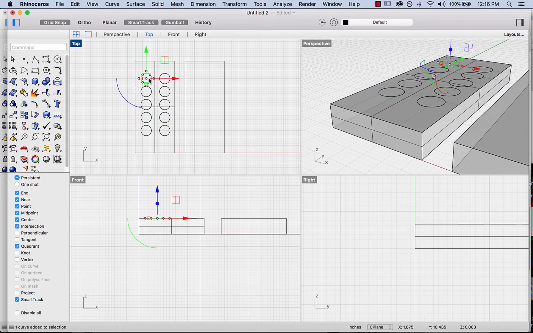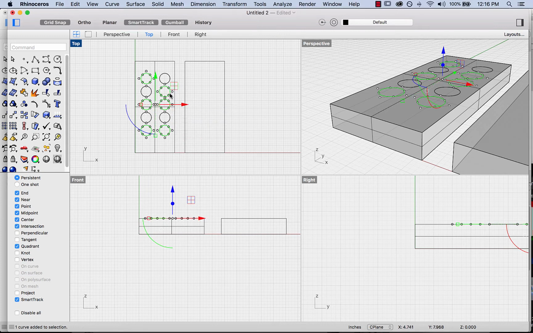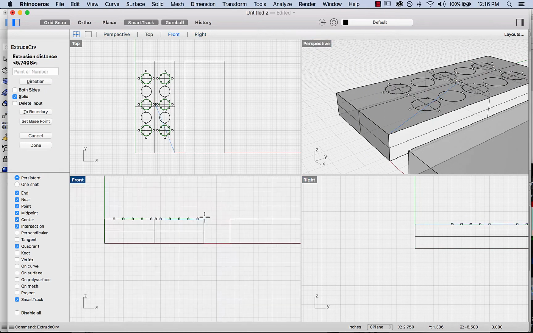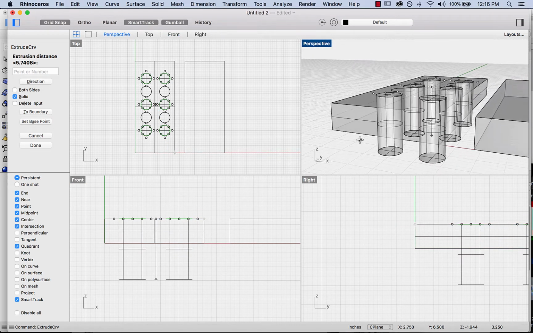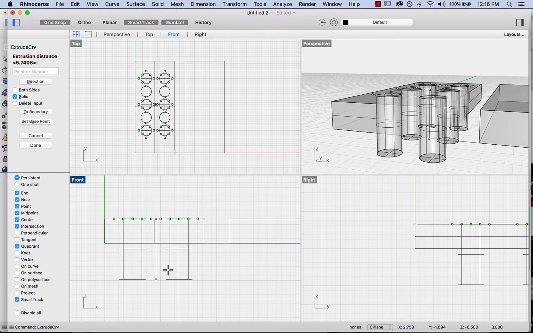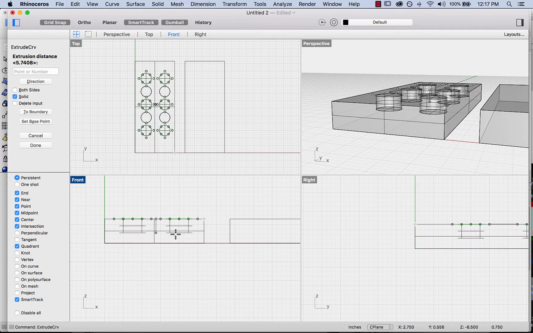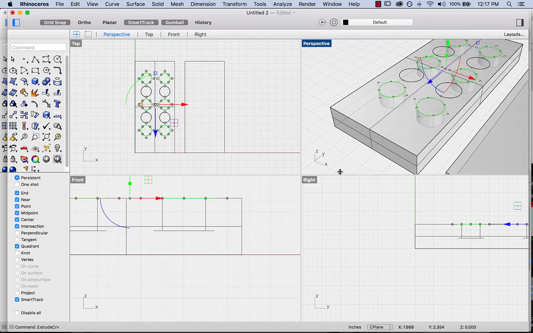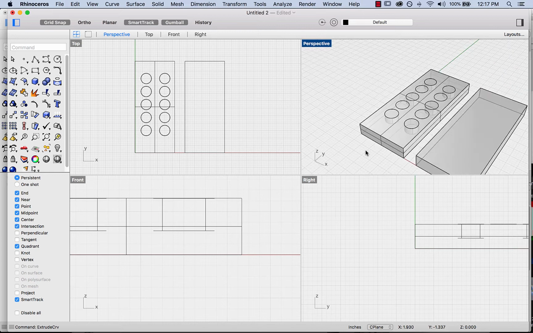I can also extrude in different depths. So let's say each second one I want to extrude at a certain depth, not that one, this one. Okay, here we go. Extrude, curve, and I'm going to go to my front view. Now if I want to extrude all the way through, I'm obviously going to go all the way through like this, and you'll see here in the perspective view. But if I only want to go halfway, say, let's go here and do this. So you'll see I've extruded halfway,